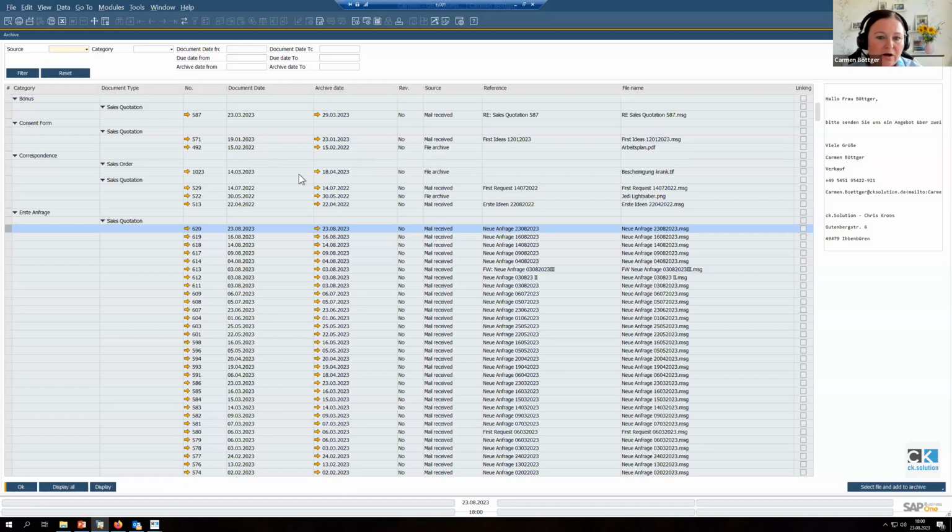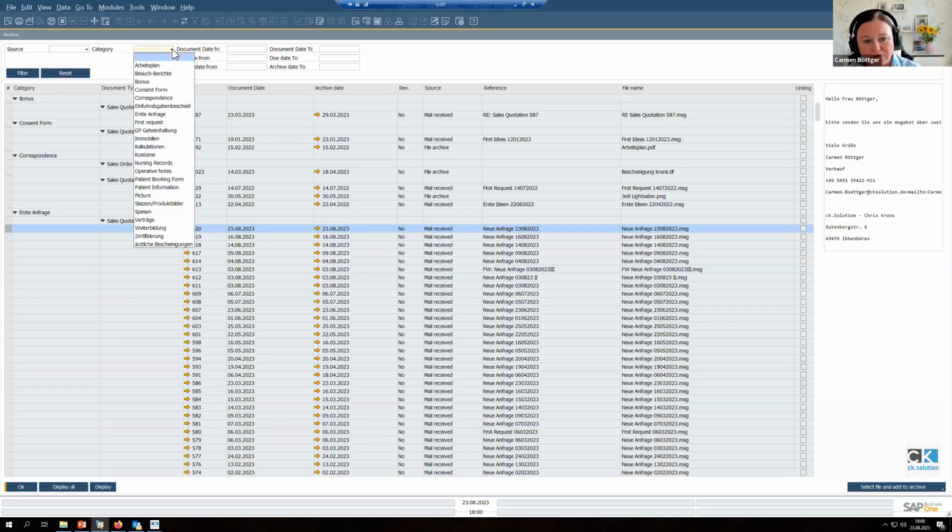You see also here on the left side that we have some categories like bonus, content forms, and correspondence. I have a lot of different categories because I have a lot of different presentations for different companies that work in different fields and so on. These categories can be created by yourself to sort and organize your archive, which means you are absolutely free to use as many categories as you want and to name them like you want. We have business partner correspondence, for example, calculations behind item master data, I told that before, contracts behind business partner data,